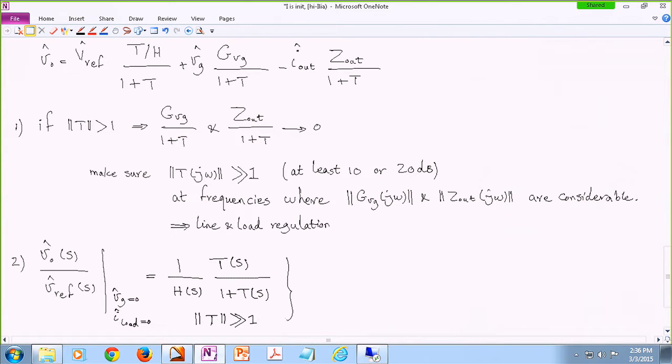Okay? So if it is much larger than 1, then in the denominator, 1 is not significant. I can eliminate it, and they cancel out each other. So in the end, I have